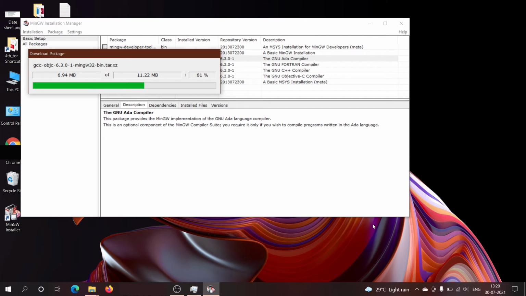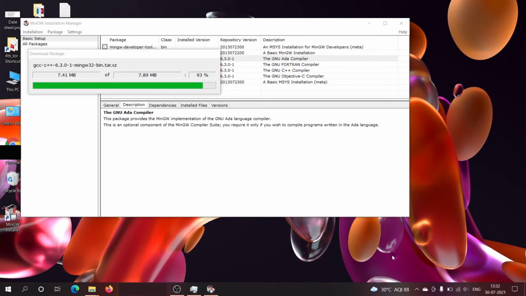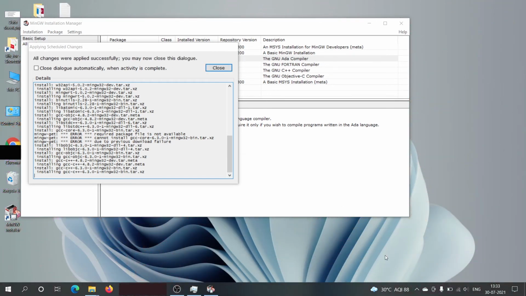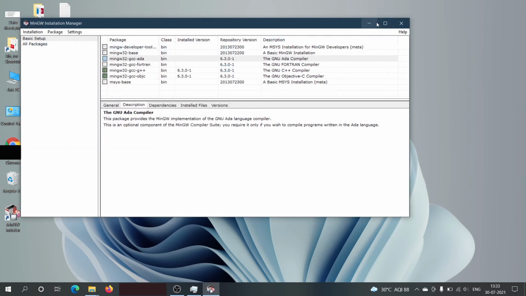I don't think in this case something will go wrong. I will just continue. After this, the compiler is successfully installed, so we can close it.